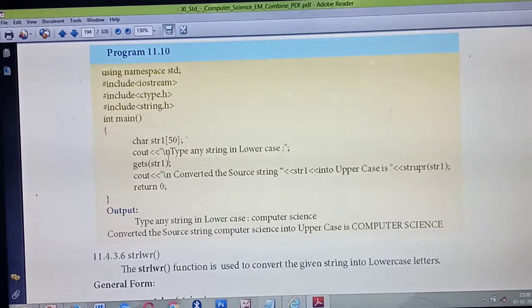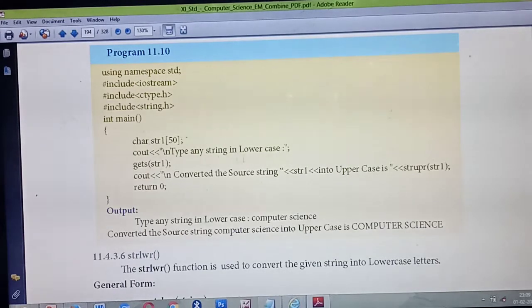So next, inside the main function you are declaring a variable called which one? str1. Okay. So inside that bracket you declare the variable str1. That variable is of data type which one? Array of size 50. That means it can store up to 50 characters. Okay. So next, in the cout statement they are giving "Type any string in lowercase letters". So from the user you are getting the input. You are asking the user to please enter some letters in lowercase, that is, some small letters. Okay. So then listen. What have you typed here?